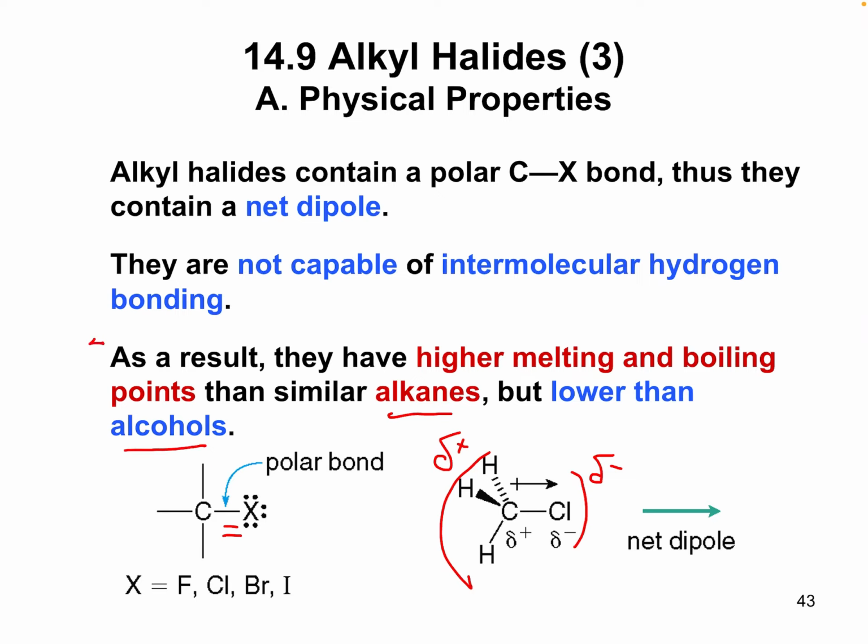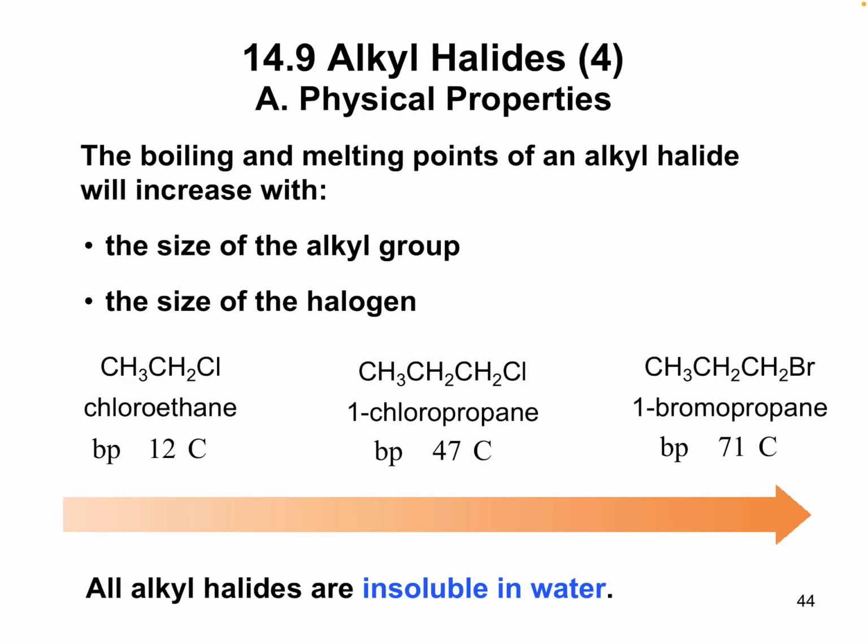Now, that being said, remember that this is just a statement that is true for molecules of similar sizes to one another. So, if we had a nonpolar alkane that was enormous, it might have a higher melting and boiling point than an alkyl halide that was much smaller. But if these are all the same size, then the stronger the intermolecular forces, the higher the melting and boiling point. All right, so let's take a look at some different alkyl halides and look at their boiling points